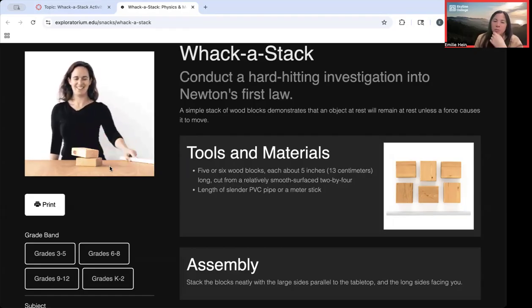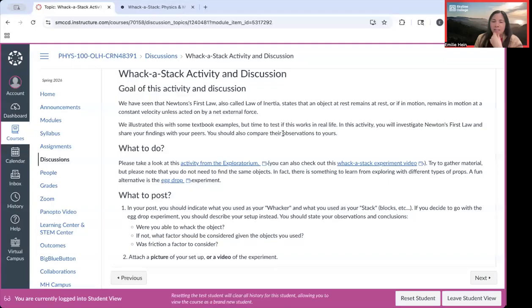In this case, it's a PVC pipe. It tells you it could be a meter stick. There could be a lot of things. And you can do this at different scales, so I'll let you be creative with that. And the idea is, if you decide to do this experiment,